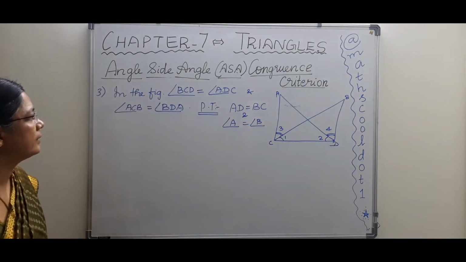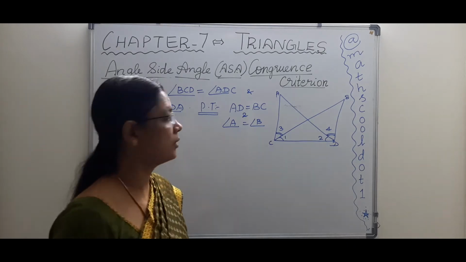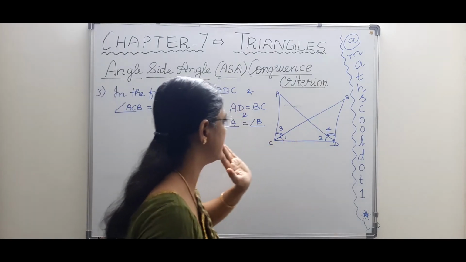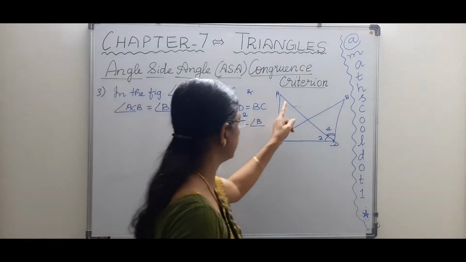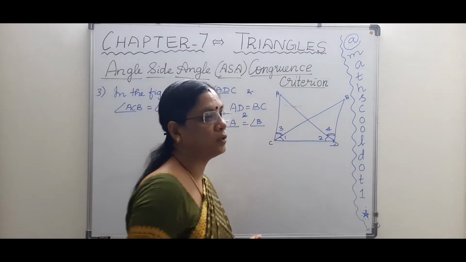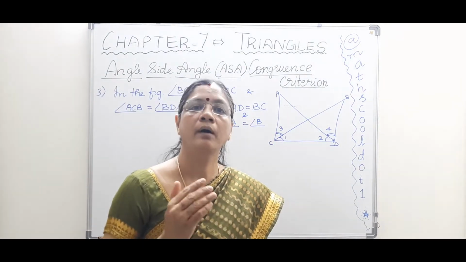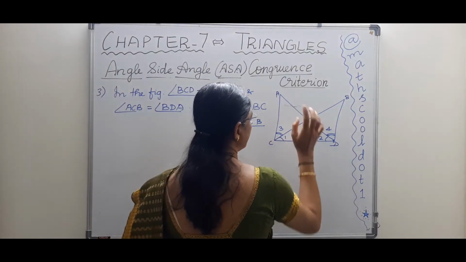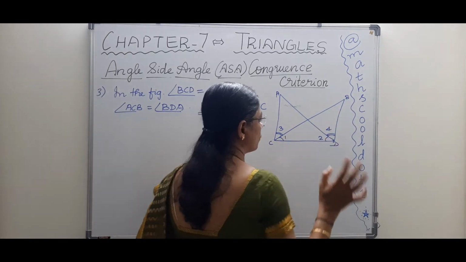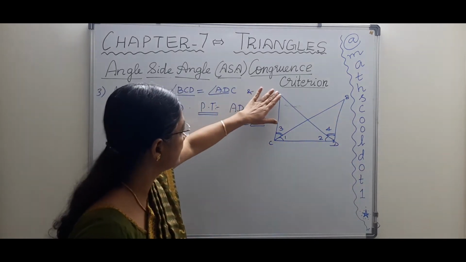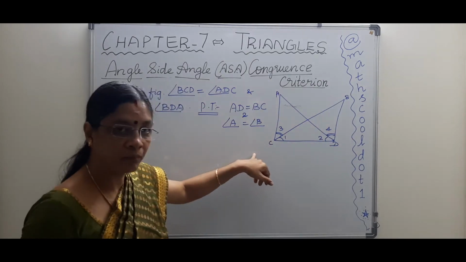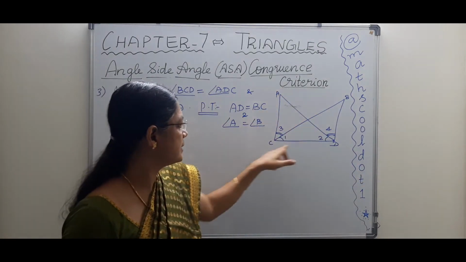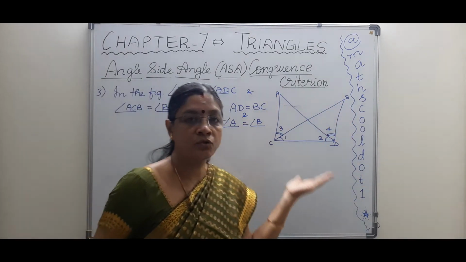In the figure, angle BCD is equal to angle ADC. So now where is BCD? Angle BCD. See, it is clearly given angle BCD is equal to angle ADC. So I told you, we need to spot two triangles in the problem, right? So we have two triangles like ACD, we have a triangle, and BCD is also a triangle. Okay, so let's name it as triangle ADC. Likewise, triangle BCD, triangle ADC and triangle BCD. So these are the two triangles here.